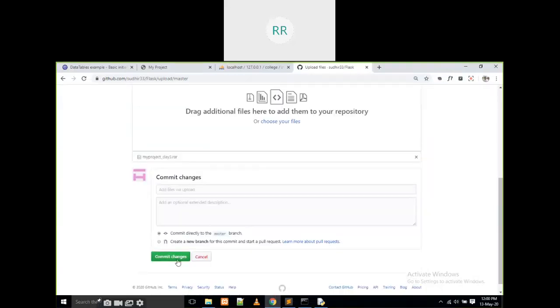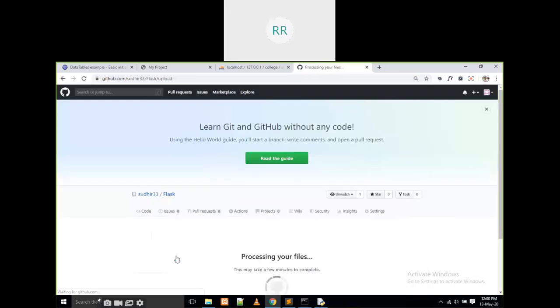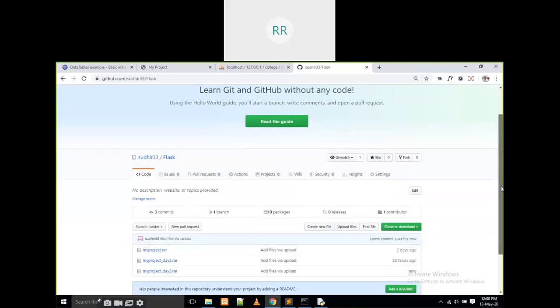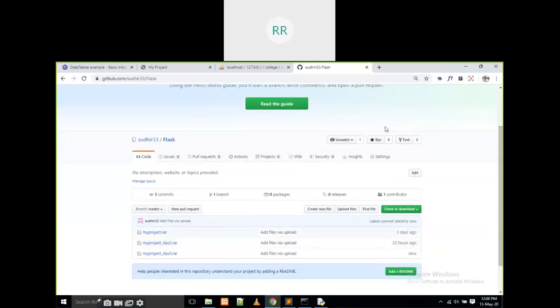Yes, that's it. Commit it. That's it. These are the three options. Is it okay? Day 1, day 2, day 3, what we are doing is a simple thing.